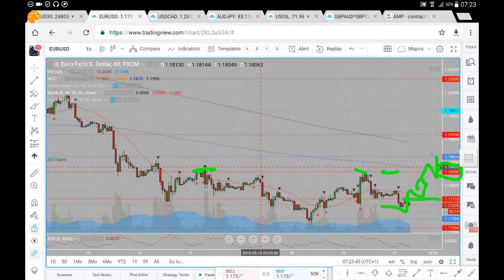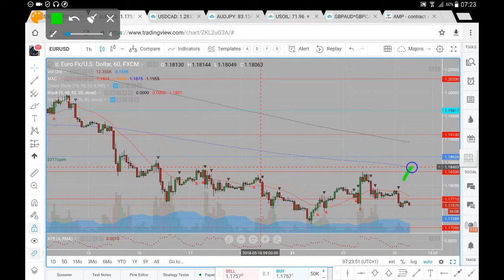If we do break above the 1830, we do have to be aware of the 200 period moving average potentially acting as a dynamic level of resistance, from which we could see sell side momentum come into the market. But if we do break above both the 1830 and the 200 period moving average, we'll be looking for moves up towards our 1862. And if there is sufficient volatility to the upside, a move possibly up towards that 1910